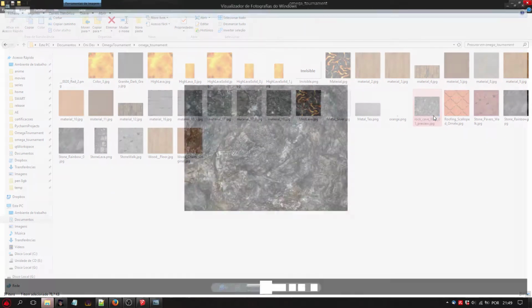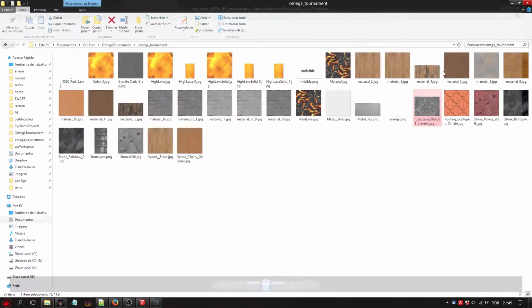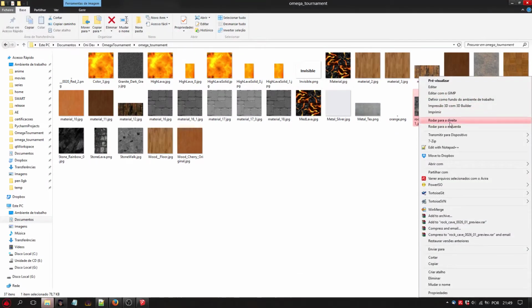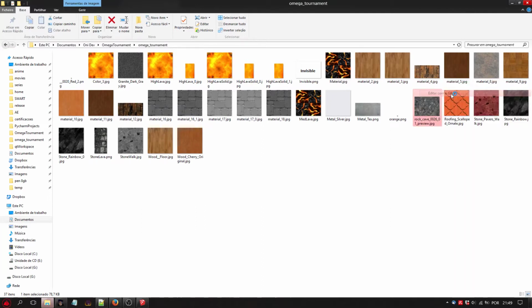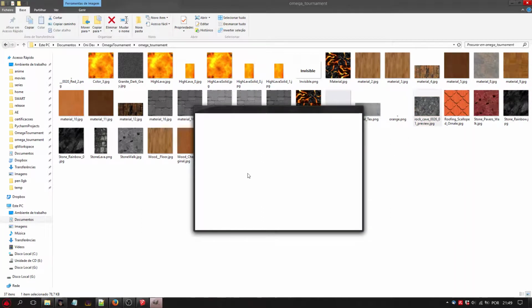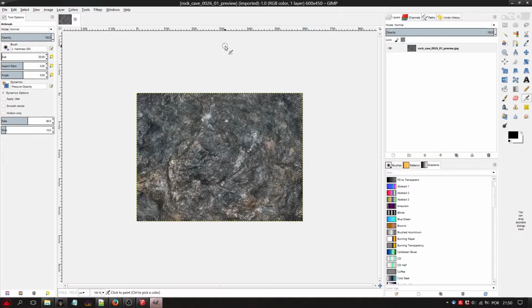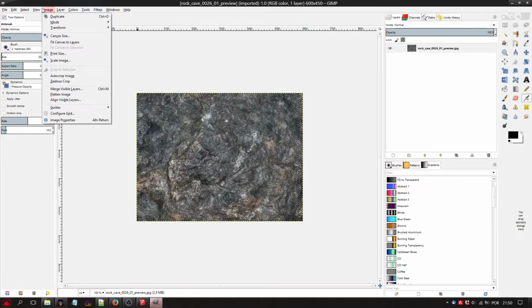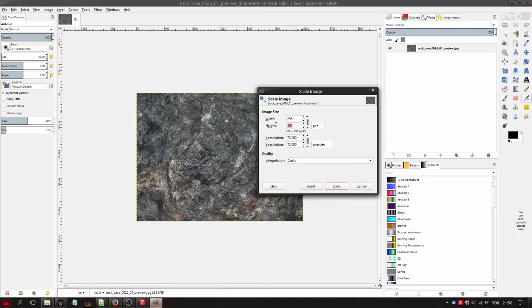Okay, so it's this one. Now we'll open this with GIMP, so we can resize the image. We'll be using 2056 by 2056 pixels. So let's scale the image to that resolution.